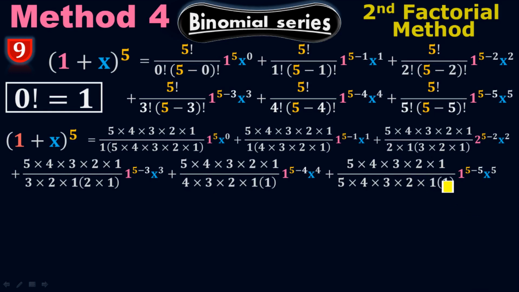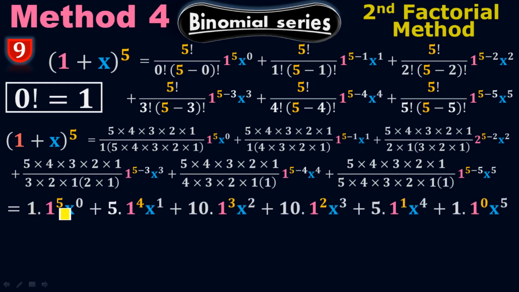We have it all the way until at the stage where 5 factorial equals to 5 factorial, which means that n equals to n. Look, 5 factorial is 5 times 4 times 3 times 2 times 1, and 5 factorial is also 5 times 4 times 3 times 2 times 1. 5 minus 5 is 0. 0 factorial is 1. It equals to 1 times 1 to the 5 times x to the 0 plus 5 times 1 to the 4 times x to the 1 plus 10 times 1 to the 3 times x to the 2 plus 10 times 1 to the 2 times x to the 3 plus 5 times 1 to the 1 times x to the 4 plus 1 times 1 to the 0 times x to the 5,